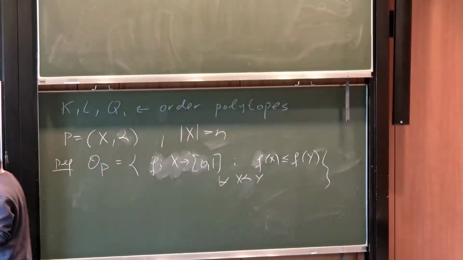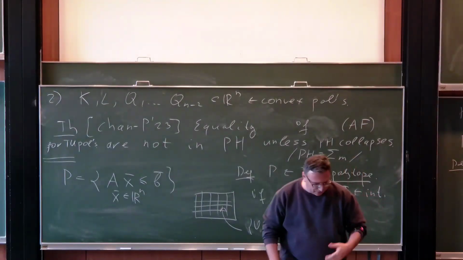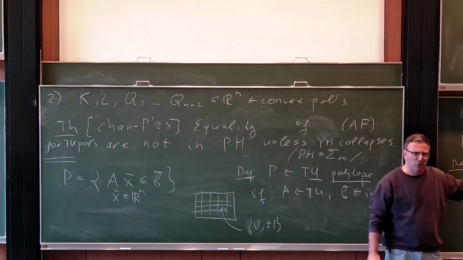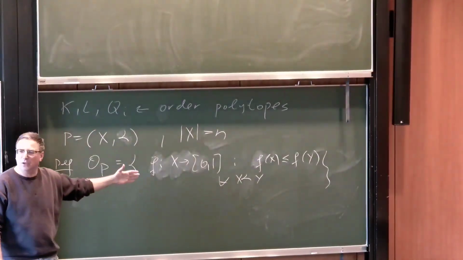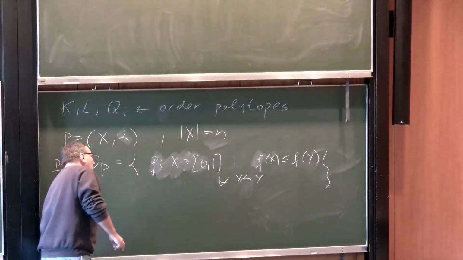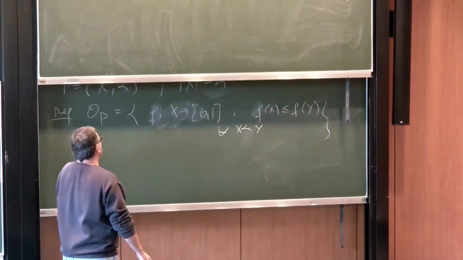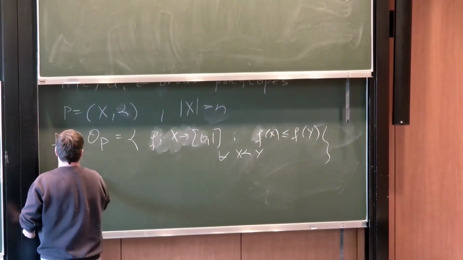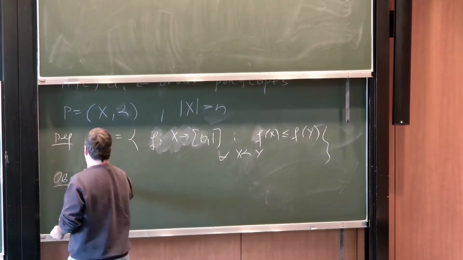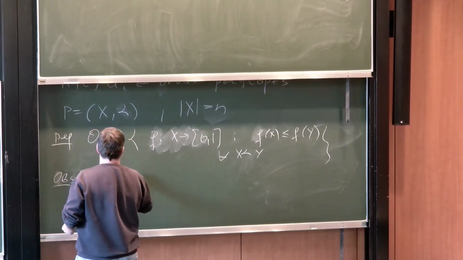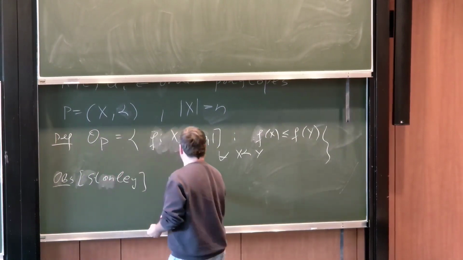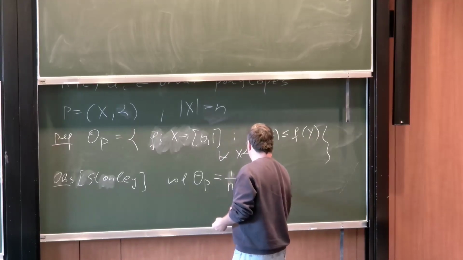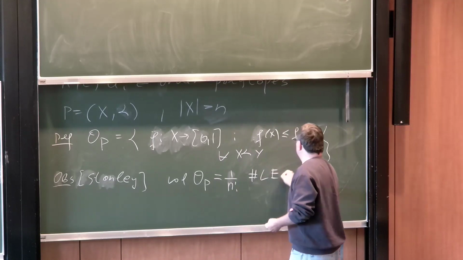Now, what do we do next? Essentially, we're saying that equality conditions for the mixed volumes for those polytopes are hard to decide. Now, how? Let me actually tell you what the volume is. It's an observation by Stanley that the volume of the order polytope is equal to 1 over n factorial times the number of linear extensions of